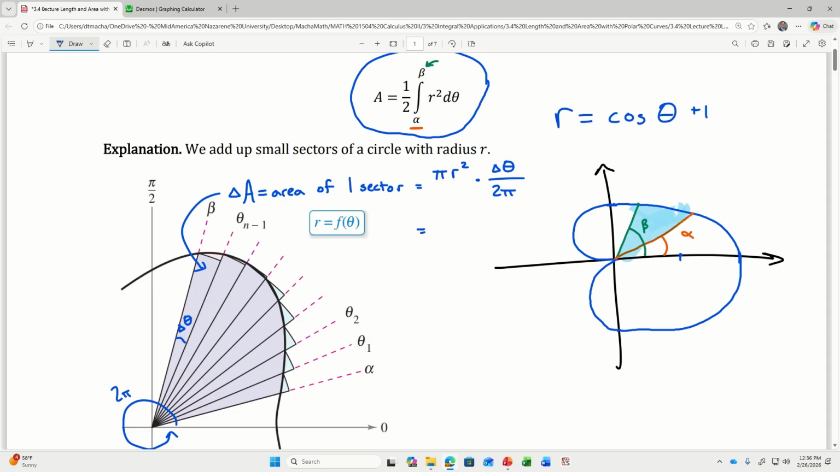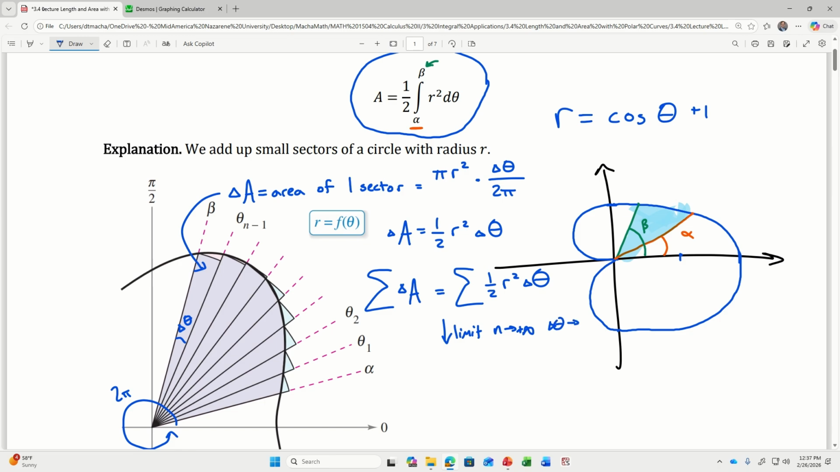So then the pi's cancel, because there's a pi in the numerator and a pi in the denominator, and I get 1/2 r squared delta theta as the area of one sector. But we're not just taking the area of one sector. I want the area that I get from summing up all of the sectors. So we take a sum of things that look like 1/2 r squared delta theta, and then in the limit process, as n approaches infinity and delta theta approaches 0, we get the integral,